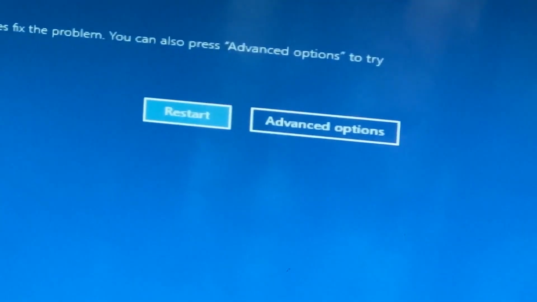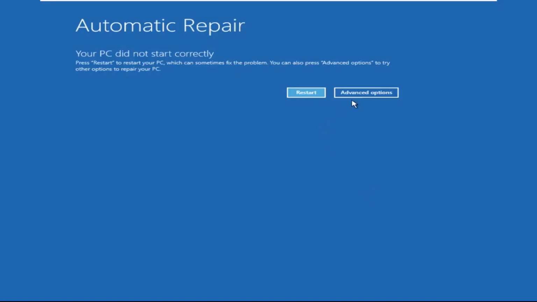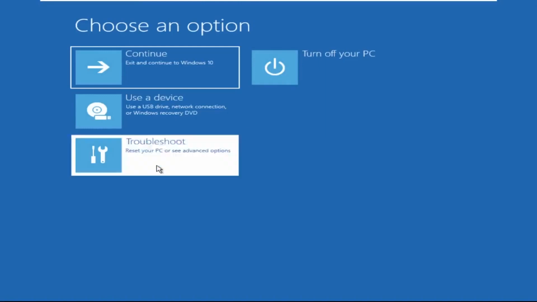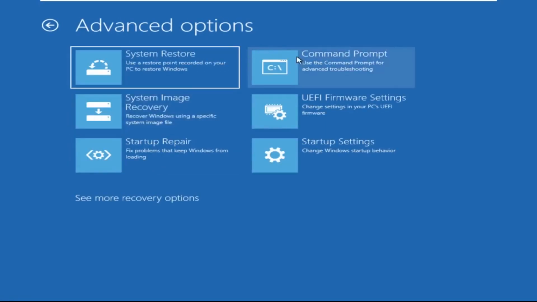Don't panic when you encounter a blue screen error. I'm going to show you how to fix this problem step by step. Let's begin. Click on Advanced Options, then select Troubleshoot, then select Advanced Options and then click on